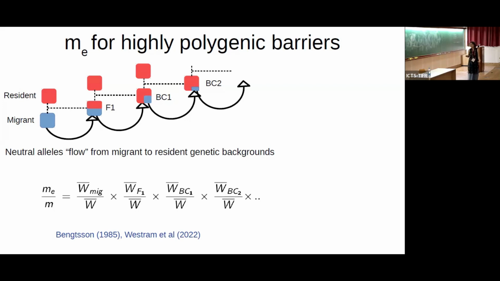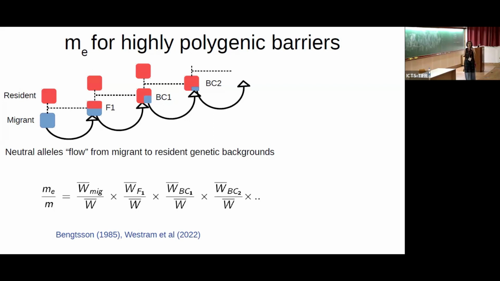And this will basically just be determined by the probability that the migrant and this F1 and this backcross one, that's this individual here, has offspring. So there is this sort of backcross formula, one could call it, where we say that for an unlinked allele, at least an allele that's sufficiently far, not in the immediate vicinity of any locus, this reduction in effective migration rates just depends on the relative fitness of all these